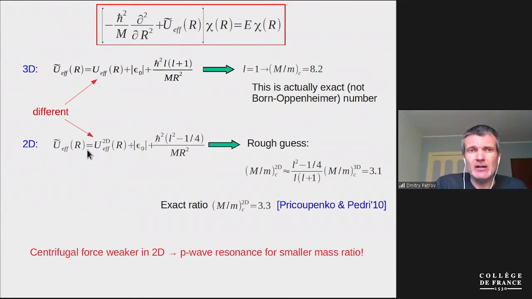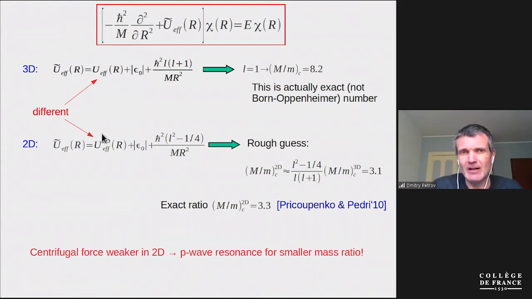In 2D, the induced potential is a little bit different, but we can imagine, for example, the situation where heavy particles are in the plane and the light atom is in 3D. The so-called mixed dimensional situation, where the induced potential is the same as in 3D, but the centrifugal barrier is different. It's the two-dimensional one, L squared minus 1/4. But in fact, even if the light atom is in 2D, these induced potentials are not very different from each other. Different, but